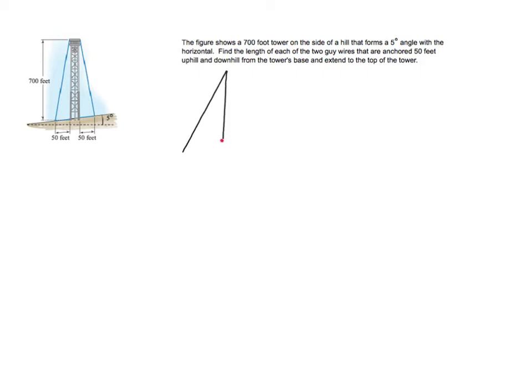Now, this isn't a right angle. It's a little bit steeper than that because there's a slope on this hill. So I'm just going to connect it like this. In terms of what we know from the picture, I know the length of this side is 50, so I'll label that as 50. The height is 700, so that's 700 feet. I'll put that here. And the thing we don't know is this side, which represents the length of the wire,